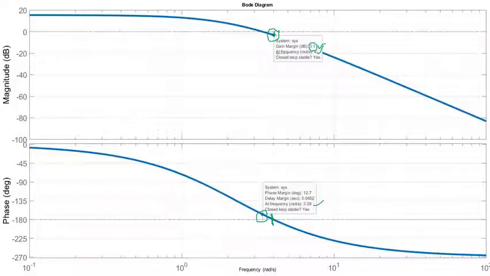Don't get confused guys, this frequency is at 4, and that's what we have already discussed, that at omega equals 4 the gain margin will be greater than 3 for k less than 70. So we have already verified and satisfied both of the criteria of the given question. Next is,